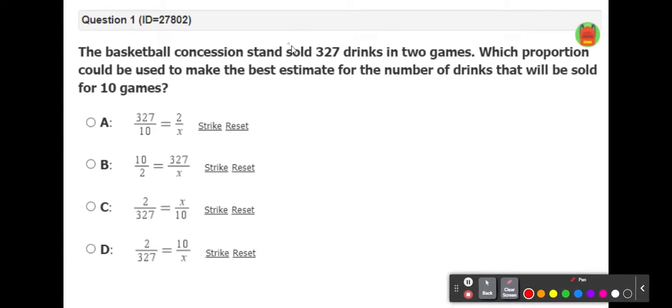Basketball concession stand sold 327 drinks in 2 games. Which proportion could be used to make the best estimate for the number of drinks that will be sold for 10 games? So when we went through this unit, I told you guys to set up the words, so drinks sold and number of games. And then we would set up 327 drinks,